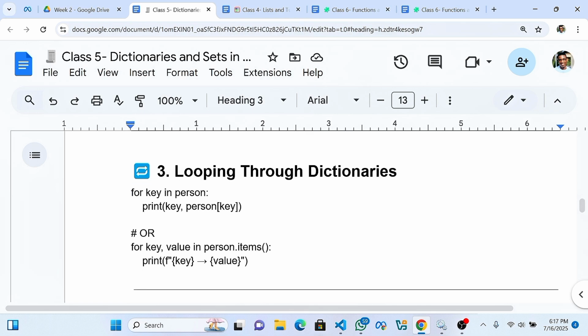So, looping through a dictionary. If you want to loop through a dictionary, you use the for loop. For key in person, print key, then person, which is the dictionary name, then you pass in this key. It's going to print out all the keys and values in that dictionary. Or you can also use this method: for key, value in